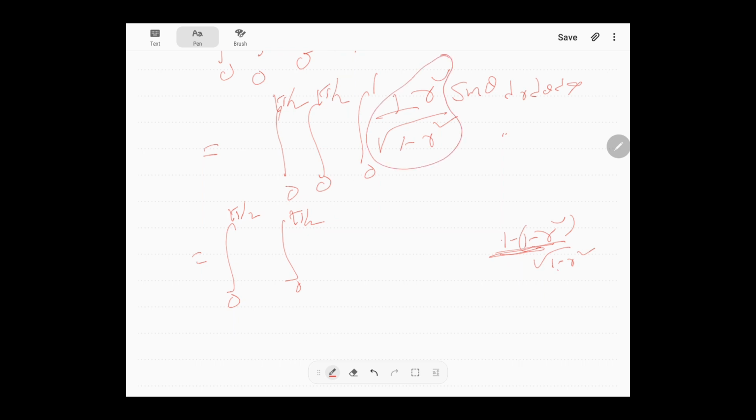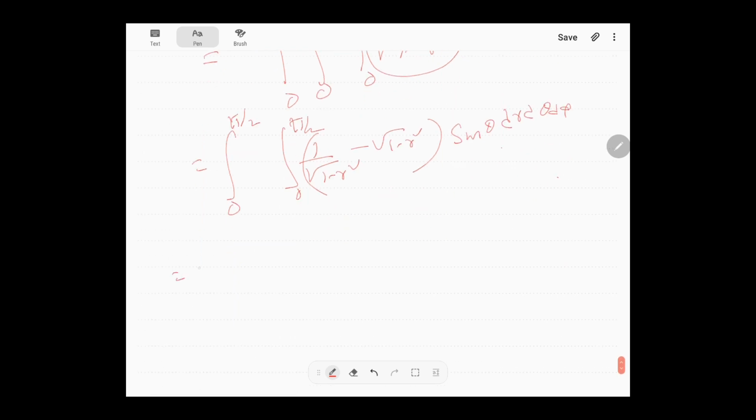Therefore, I can write this in this fashion: 1 by root 1 minus r square minus root 1 minus r square. This kind of simplification I did just to make it possible to integrate dr d theta d phi. Now, 0 to pi by 2, 0 to pi by 2, the integral of 1 by root 1 minus r square is sine inverse r, minus the integral of root 1 minus r square, which is r by 2 root 1 minus r square plus